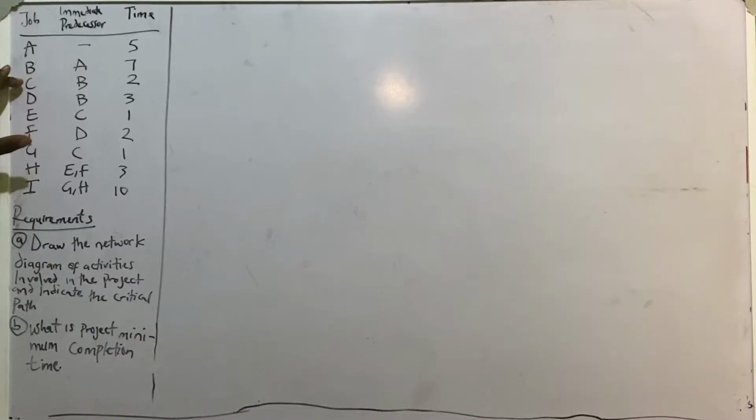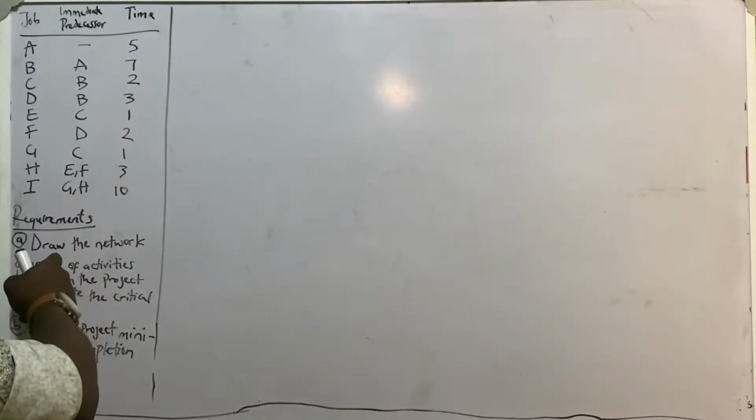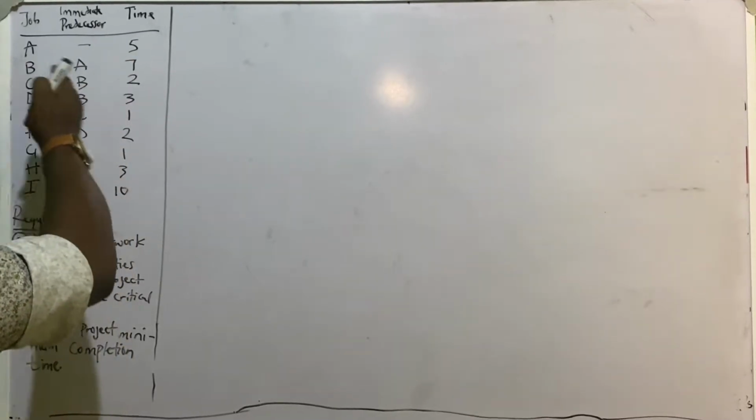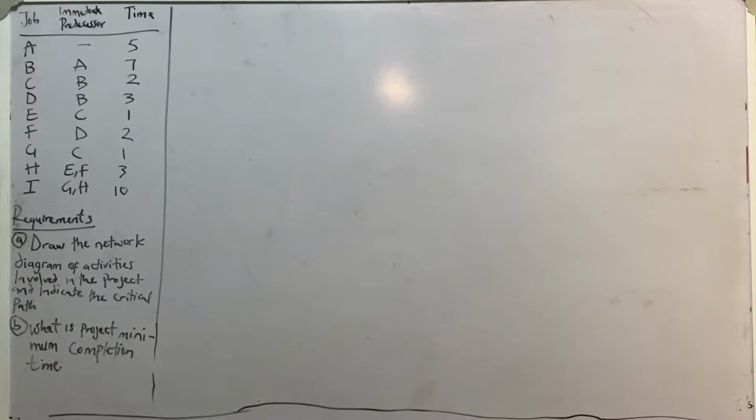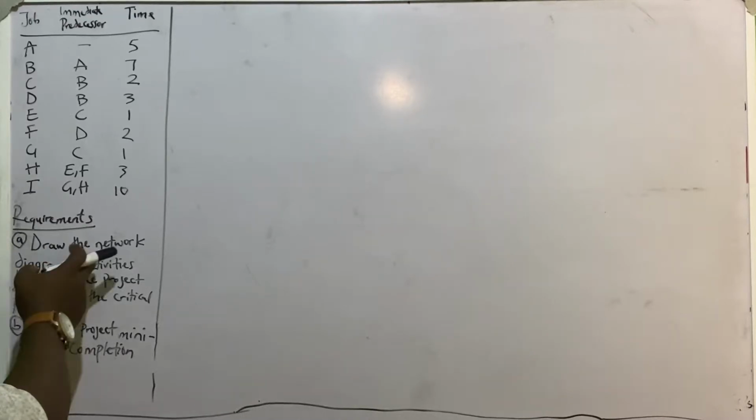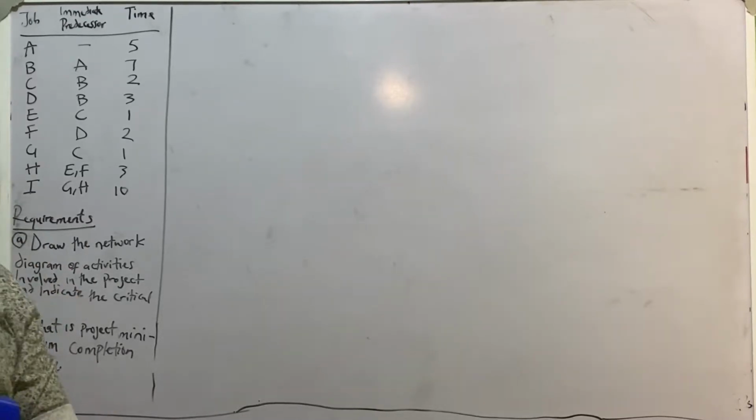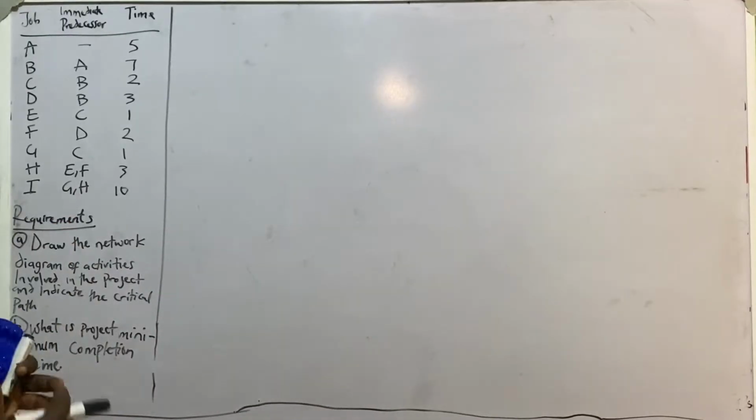We have 9 jobs, which one can also call tasks, then the immediate predecessors, and the time for completion of each of them. We are required to find out, after drawing the network diagram showing the precedent relationships that exist amongst the activities involved in completion of the project,